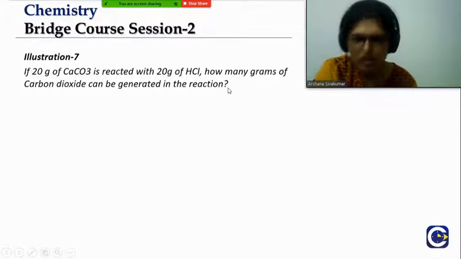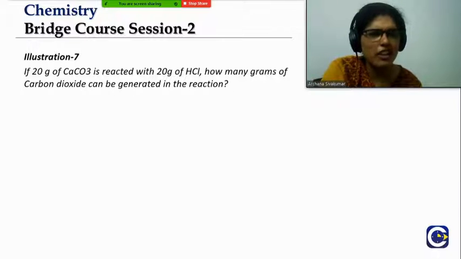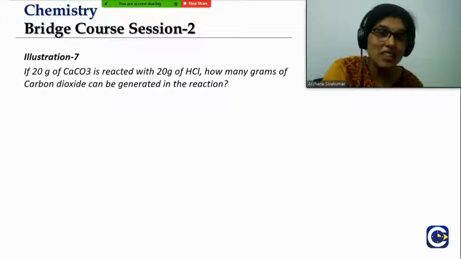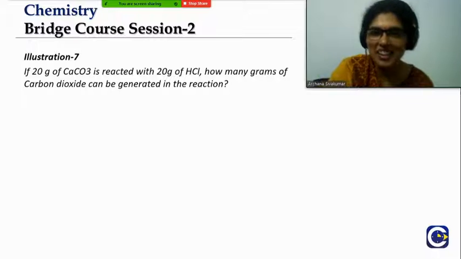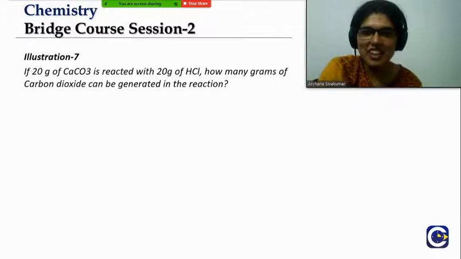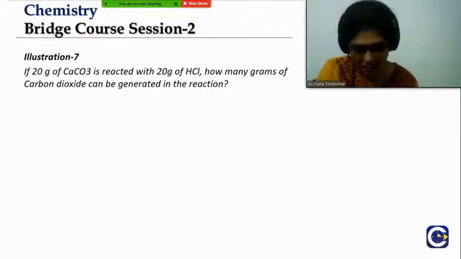So the reaction, how many of you remember how to write it? It is a metal carbonate reacting with acid. You read this in acids and bases in your 8th standard, was it? 8th or 9th standard, isn't it? So you have read it way back. That is the reaction given here.